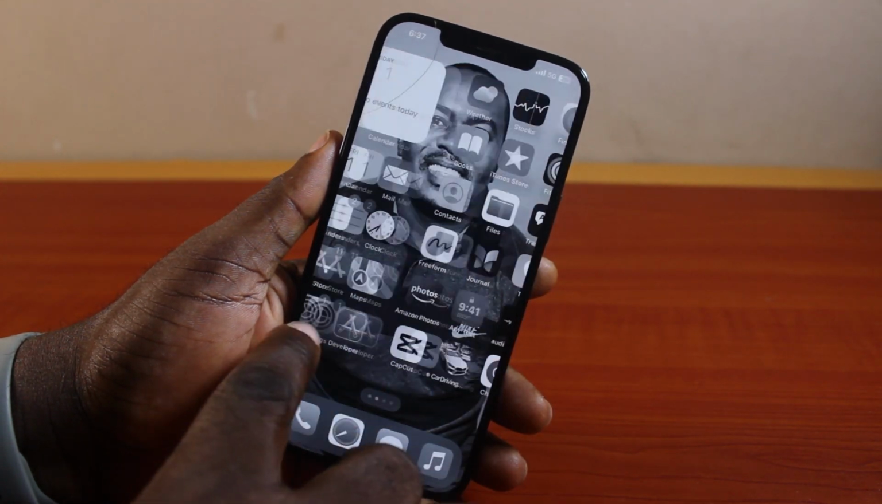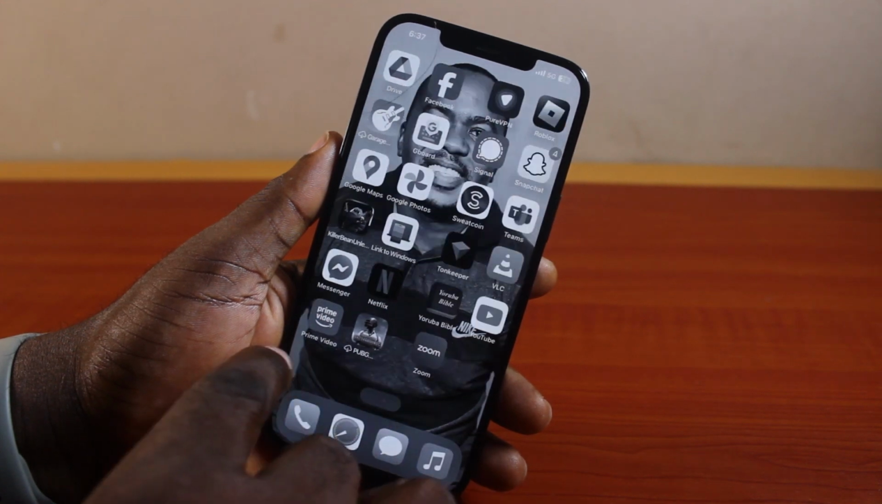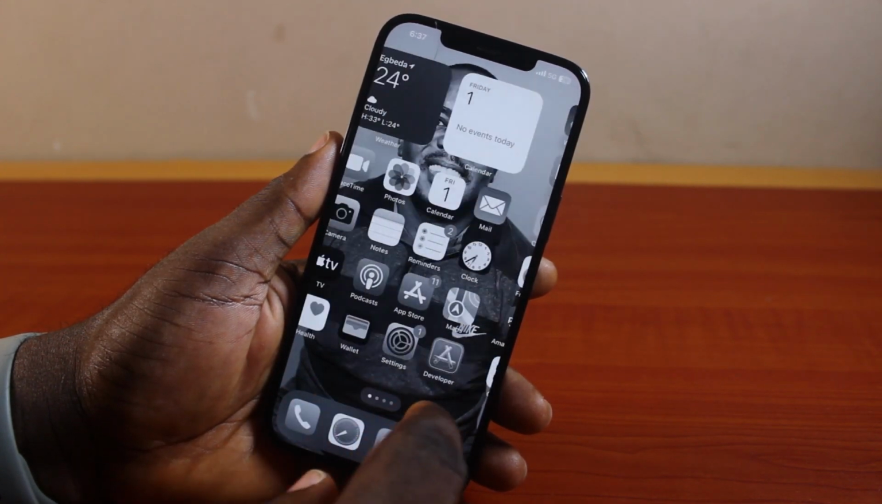So you can turn on grayscale on your iPhone without using color tint on your device. You see that? So that is basically how to enable